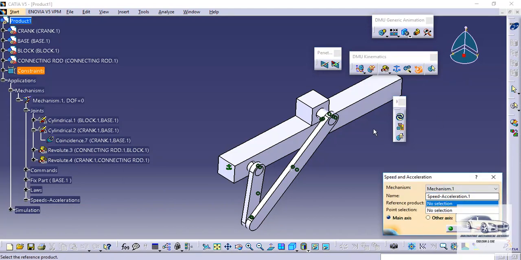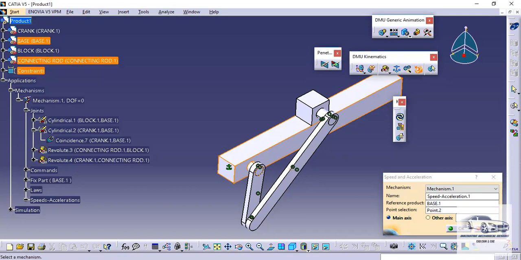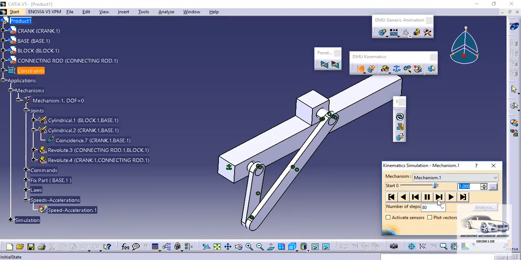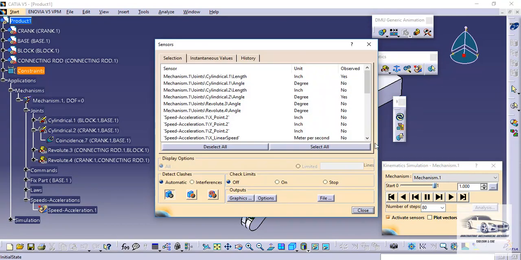So for reference product, base and point will be this. Now then OK. Now again simulation with laws, again number of steps is 80. So here I will input 1 second, and then I will go to activate sensors.